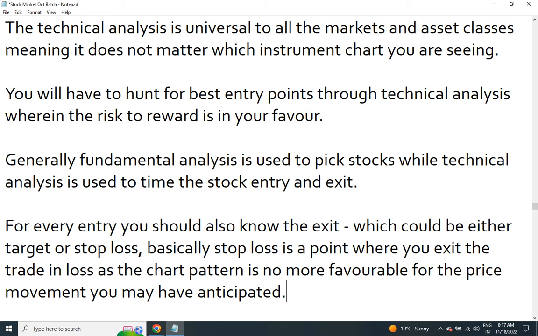Alright, so technical analysis. What is the exact meaning of technical analysis? First of all, technical analysis was started by the Japanese rice traders more than 400 years back. So this is not something new. It is very, very traditional. So Japanese guys who used to trade in rice, they wanted to forecast how the movement of the rice is going to be.